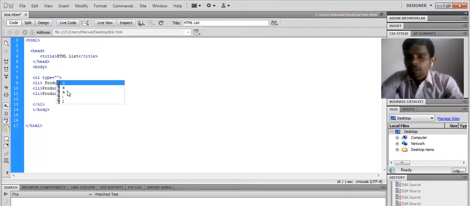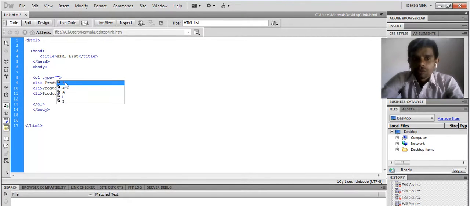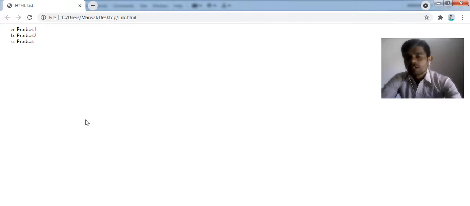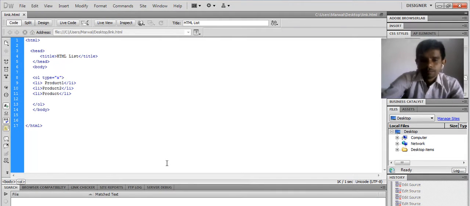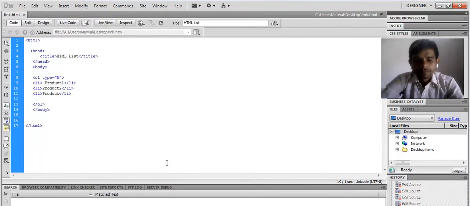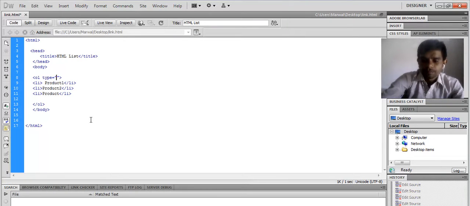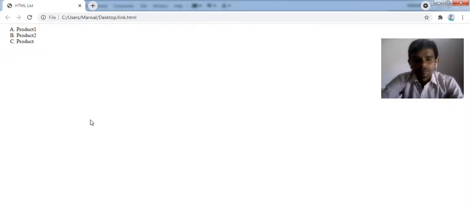You can start with capital A, small a, or 1 or 2 or 3. Let's say I am starting from small a. What happened? Go and refresh it. It starts from small a, then B, then C, then D. If I use capital A, it starts from capital A, capital B and capital C. If I use small i, it is Roman: first, second, third.